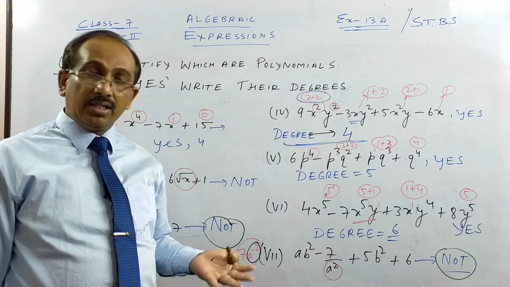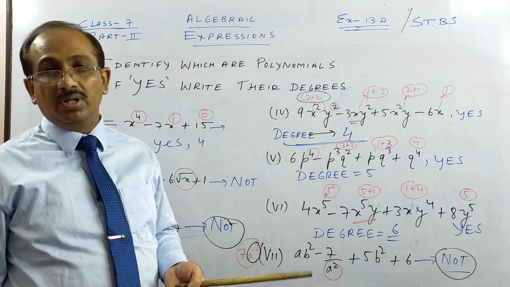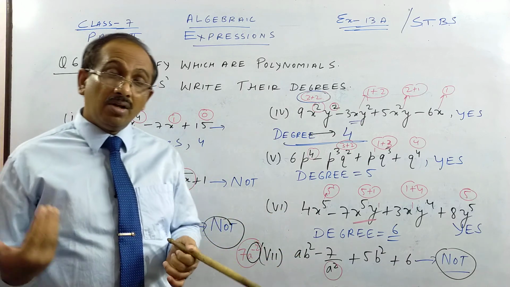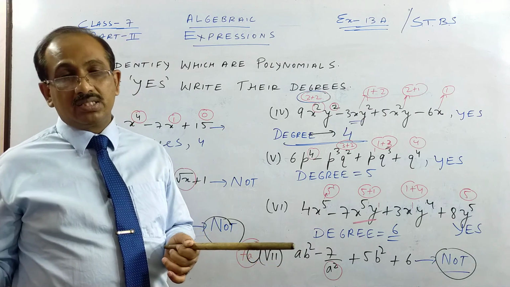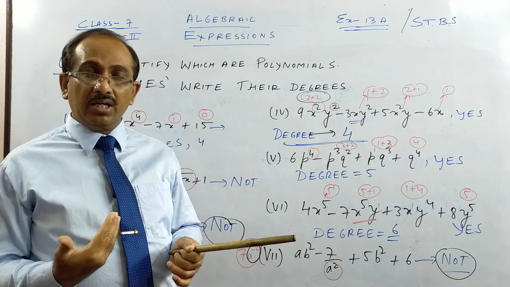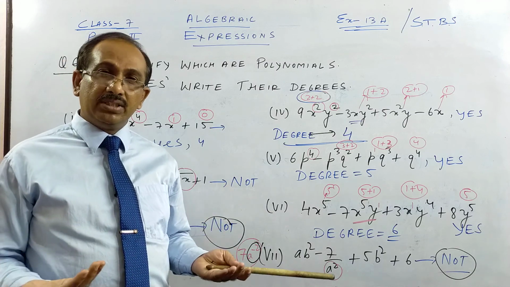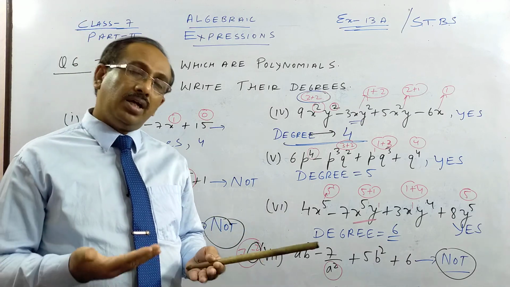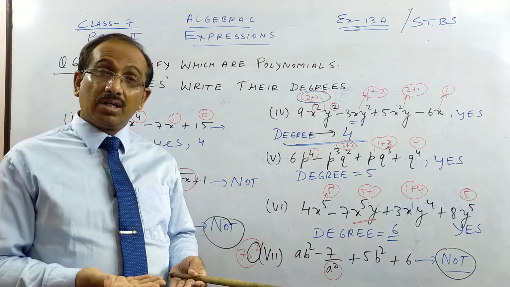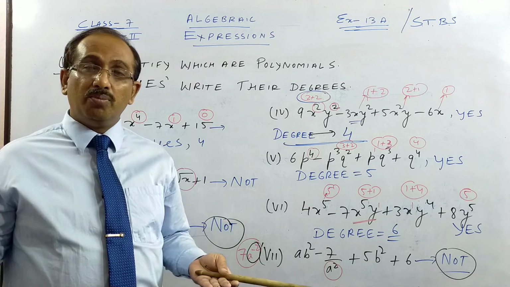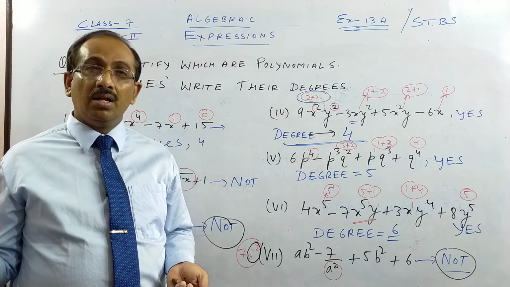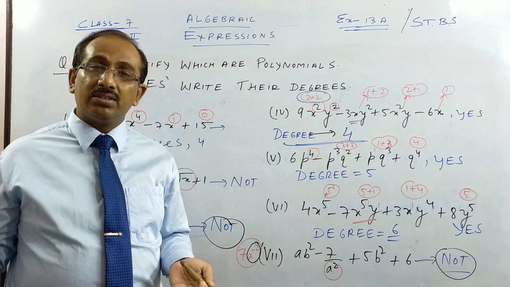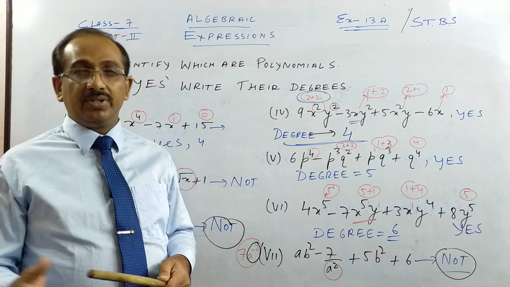So we have already done I think 4 chapters, integers, rational numbers, fractions and indices, and all those chapters. Children, you are in class 7, we have an easier version in class 6. So if you have difficulty anywhere in class 7, I have tried my best to make you understand each of the concepts in the best possible way. Anywhere you have a doubt, if you have not done it properly in class 6, my video lessons are there for class 6. I have put in a lot of effort in making all this, so please go and see them, try to understand them, and if needed practice them.